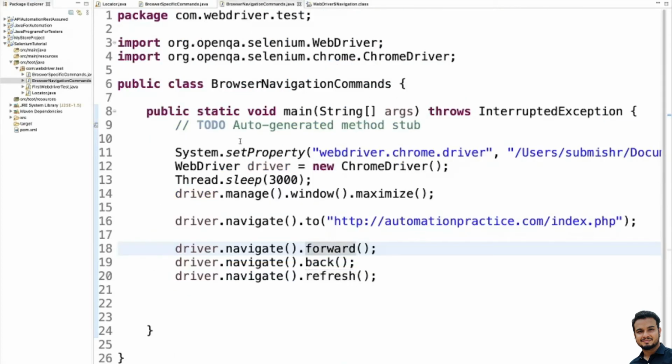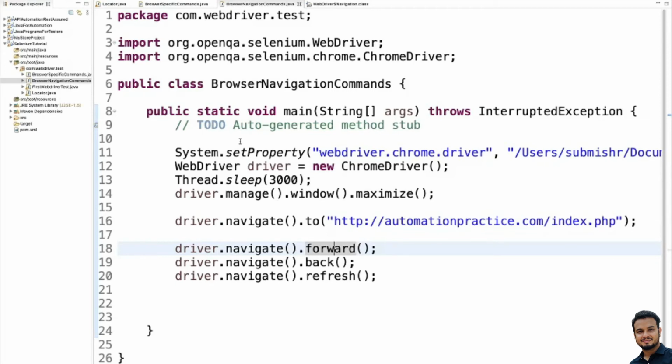But before that, I just want to tell you what the forward method is. The forward method enables the web browser to click on the forward button in the existing browser window. This method will not take any arguments, and it will not return anything.